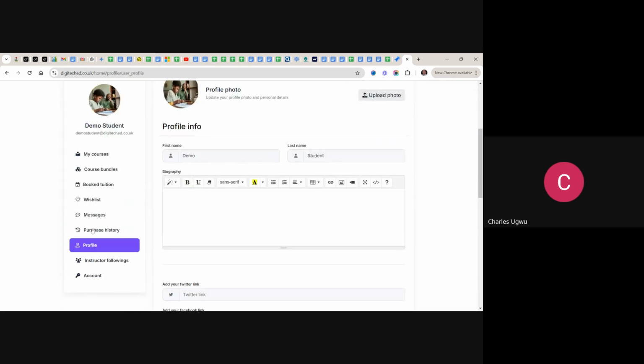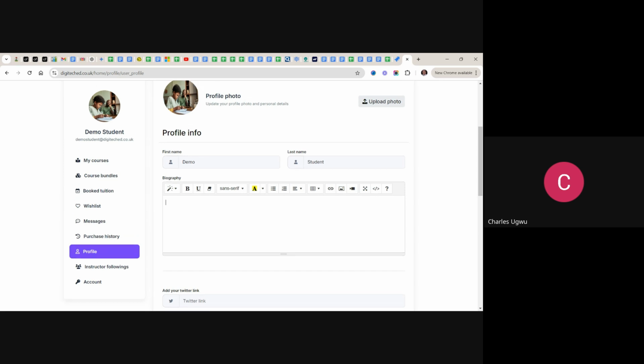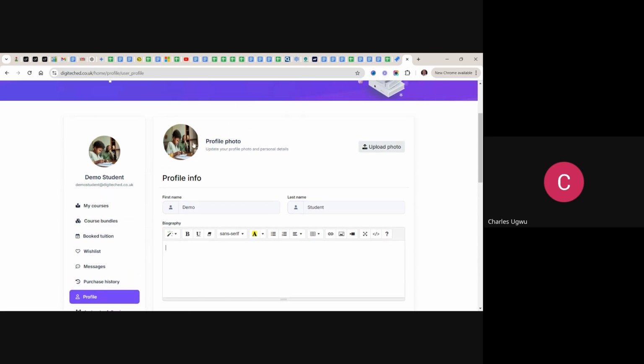If you want to edit your profile, that is it. From here, you upload your picture. This is the demo account, so it's not mine. So if you come here, from your profile, you see it, you upload it. That is the demo account. And if you want to update your name, this is it. This is where you can actually